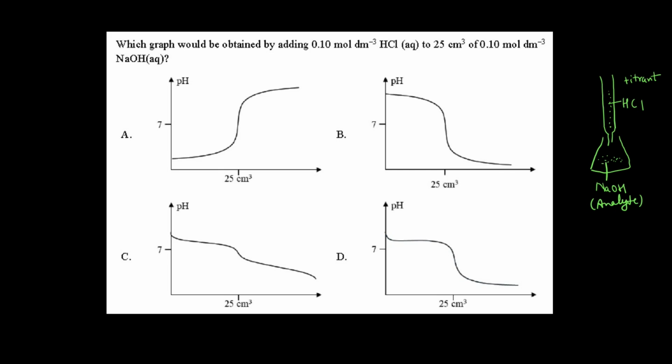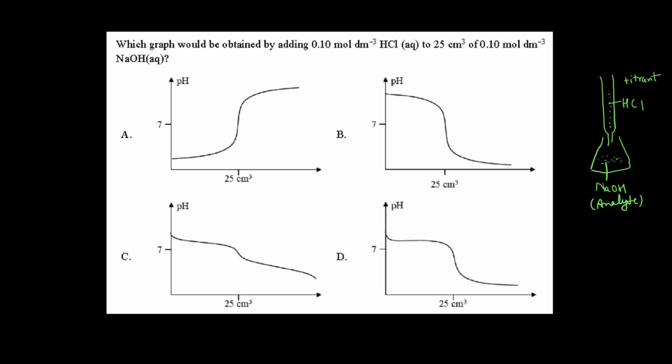the titration curve will start from the pH of NaOH. So NaOH is a strong base, so pH will be more than 7 and will be close to like 10 to 14. So which graph is good? Either B or D or C, but